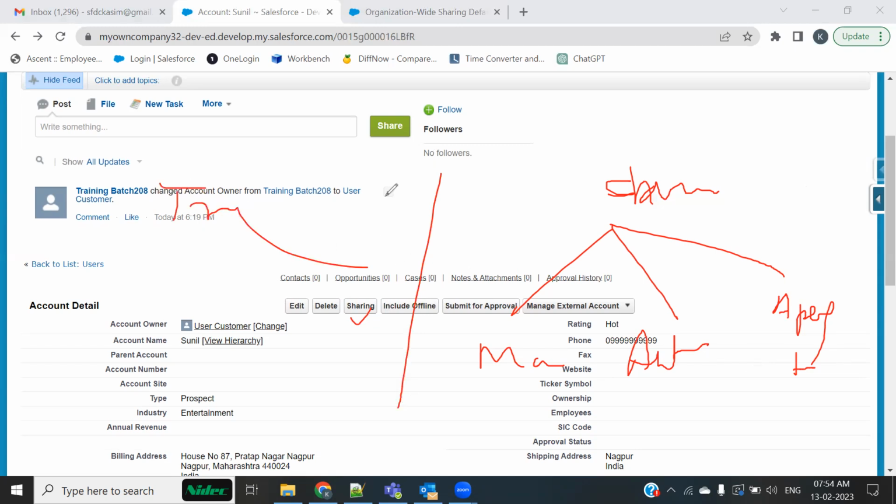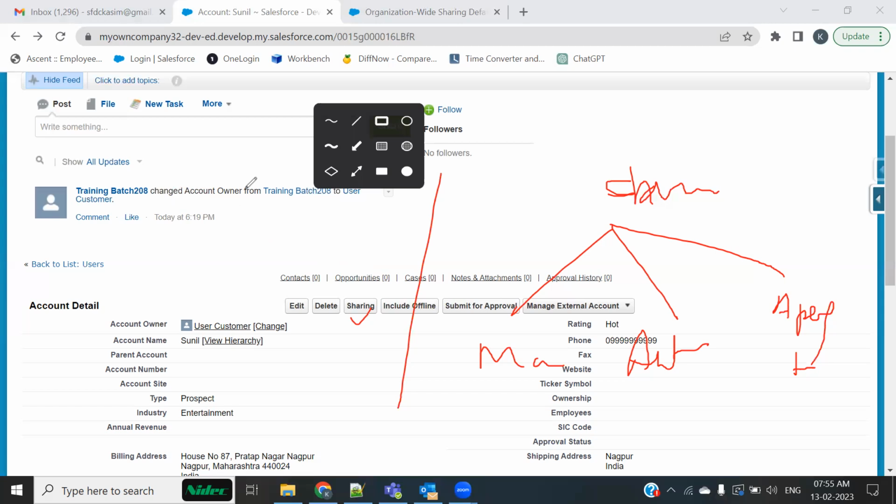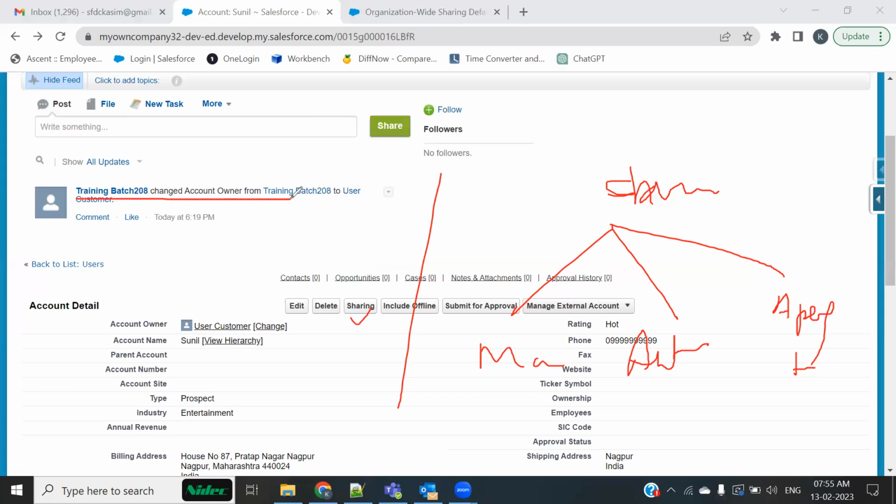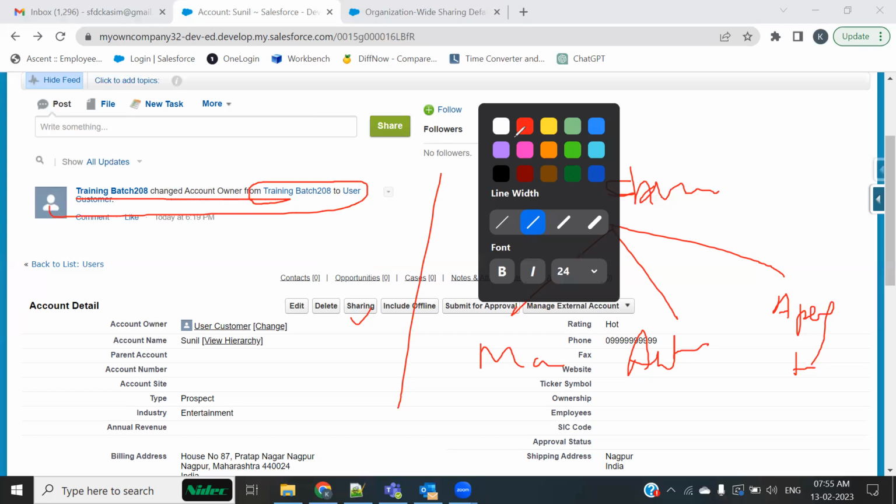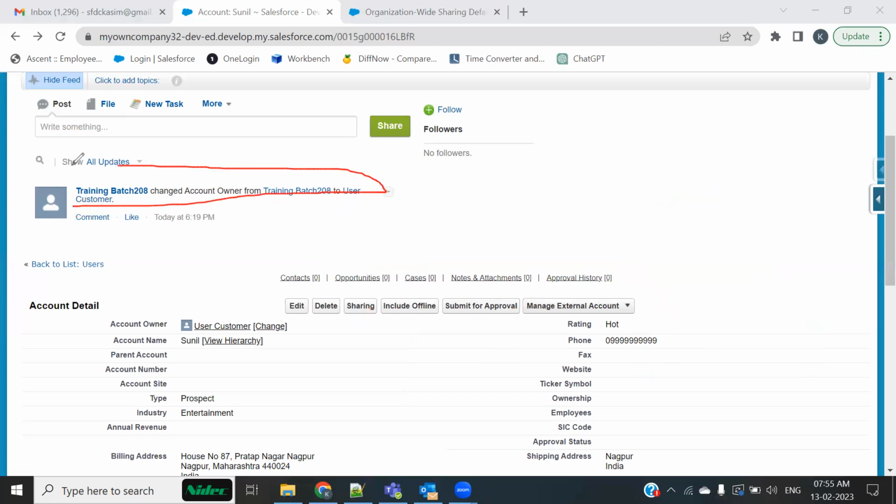As you can see over here, if you observe, training batch 203 changed the account ownership from this to the user customer. It has been mentioned over here as well. This is something called a default chatter area. Now, when we talk about transferring of the ownership, transferring